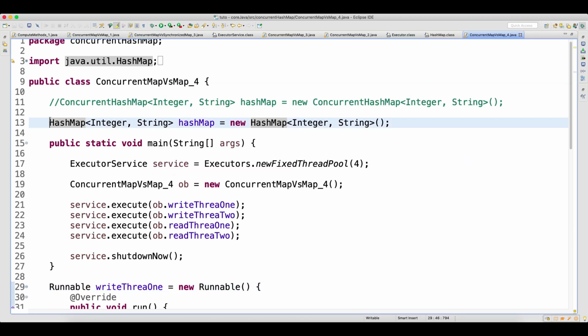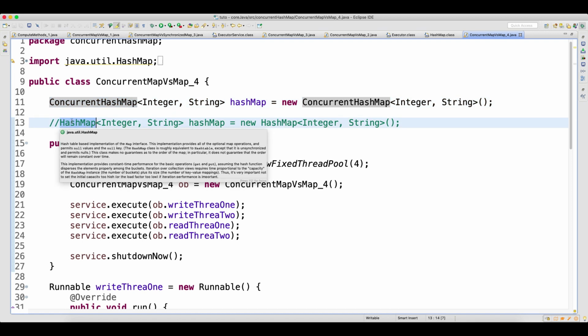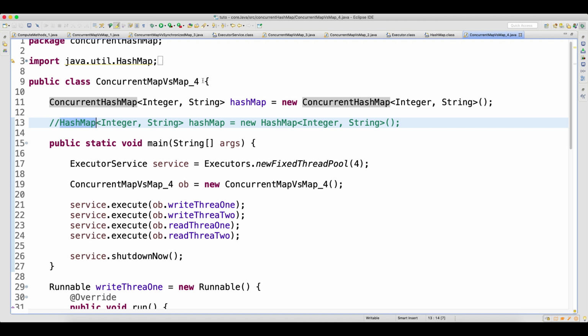So whenever you get such a requirement in your project, the simple way is just to make the object of ConcurrentHashMap. There is one more way to handle the threading concept, through Collections.synchronizedMap, which I'll talk about later. There are some advantages and disadvantages between ConcurrentHashMap and synchronizedMap, which we'll talk about later. Here, just try to understand: if you have a HashMap and a high number of concurrent reads and writes, go for ConcurrentHashMap. This will take care of everything.